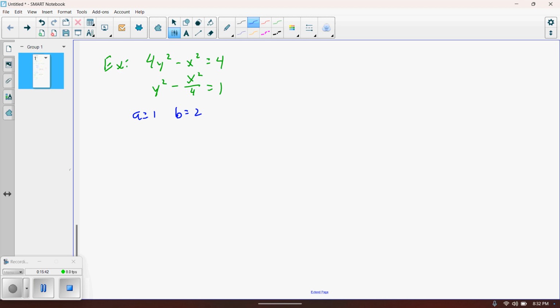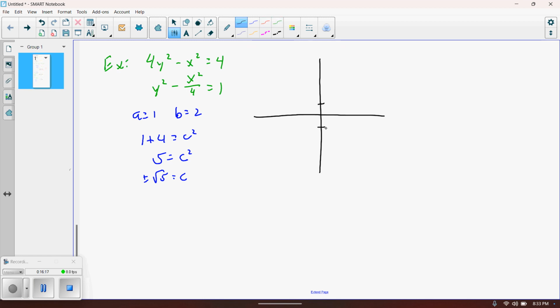So a squared plus b squared equals c squared. So 5 equals c squared. c will equal plus or minus root 5. And when we put this into its correct form, we can see that the y was the leading term here, so the transverse axis will be along the y-axis. So this is going to be one that opens up and down. And if we want to take a look at what that might look like, again, the main axis,